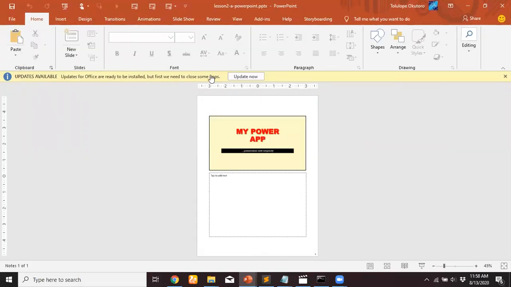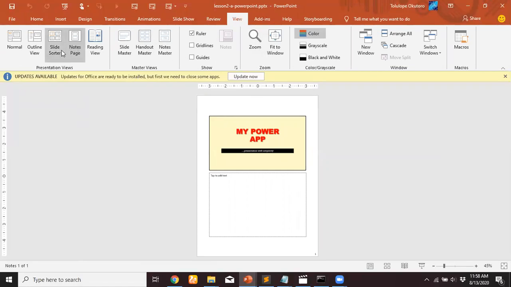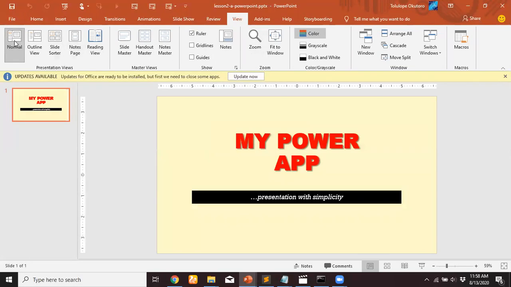close and come back to the view. Let's come back to the normal. This is the normal that we have here. And one of the things about view is that it enables you to switch between different already made templates that PowerPoint can offer. And if you love any of those designs, you will not want to stress your head, all you just need is to copy that